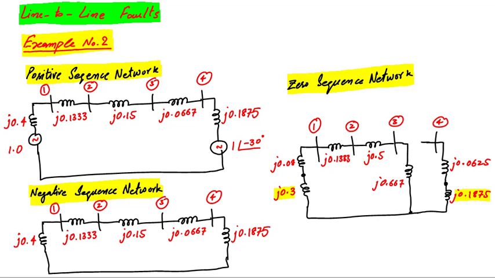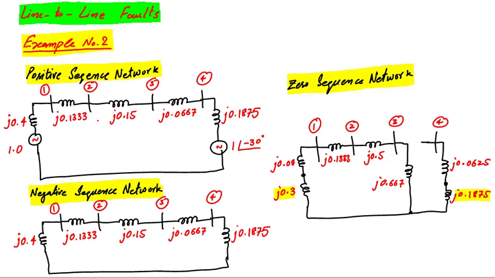Now for the fault analysis, we can develop the 3 sequence impedance matrices: positive sequence, negative sequence and zero sequence. For that purpose, first we will have to develop the Y bus, and then we invert the Y bus to get the Z bus. For such a simple circuit, we have only a single loop circuit. Instead of developing the Z bus, we can also perform the short circuit analysis by just using simple circuit analysis techniques. We know that for the double line to ground fault analysis at bus number 2, we need Z Thevenin between bus 2 and reference, which could be calculated from this simple circuit.